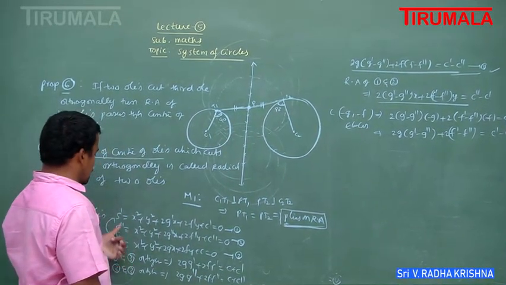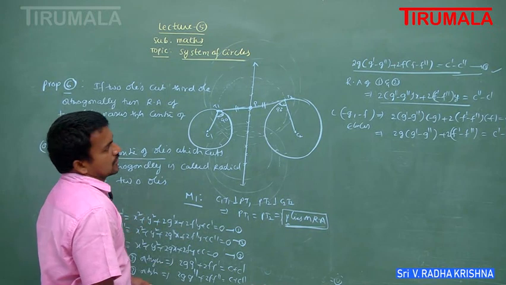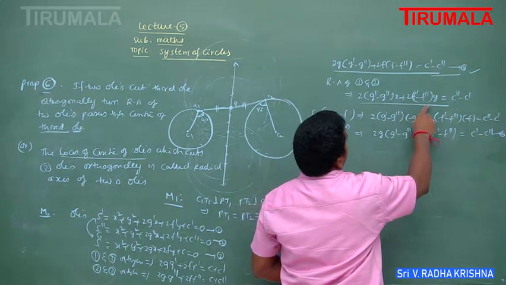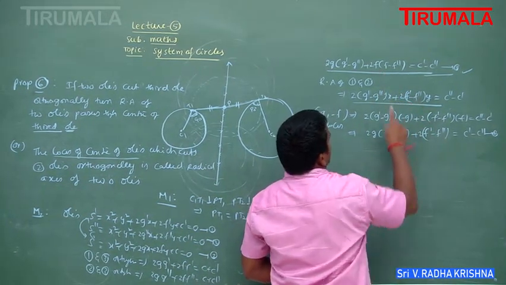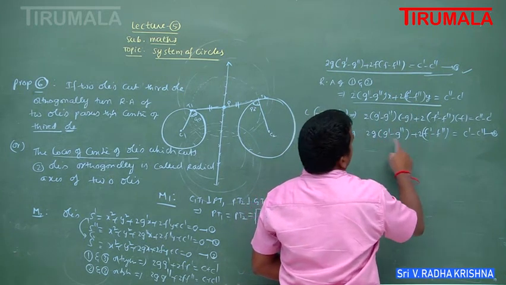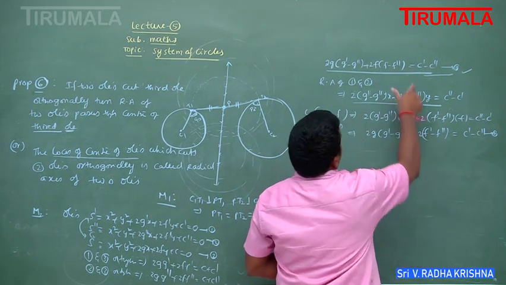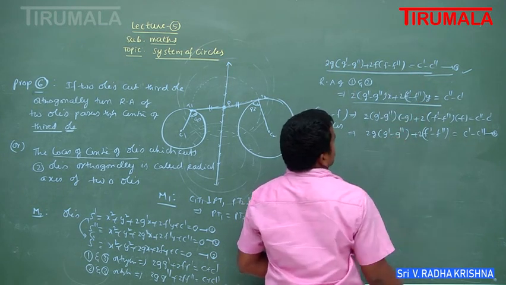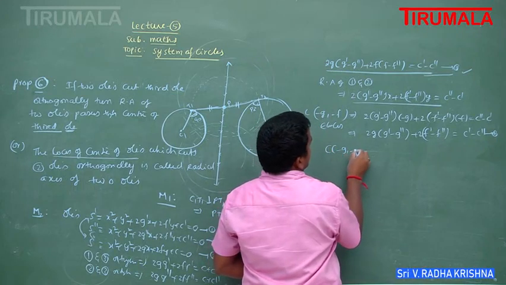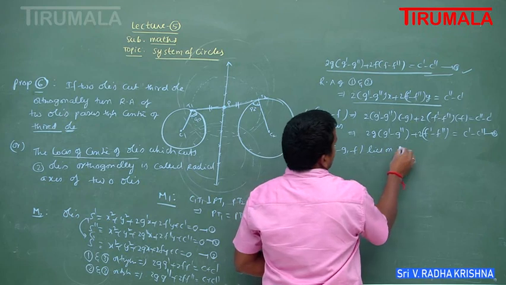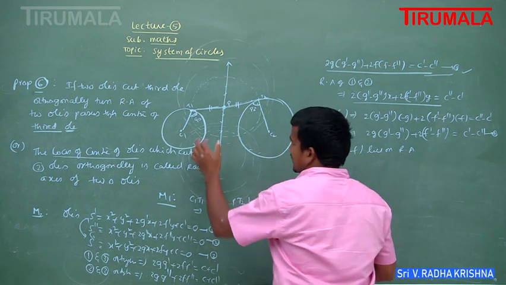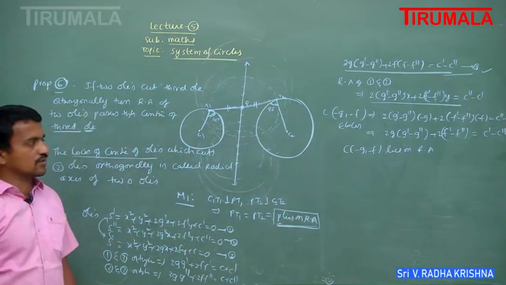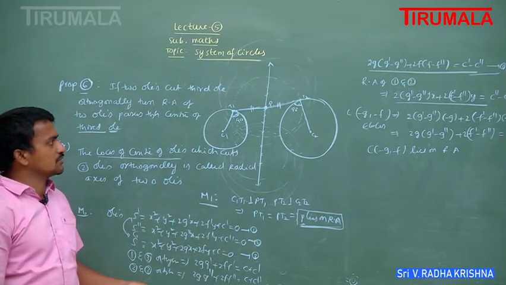Also next we find the radical axis of 1 and 2. From 1 and 2 we get the radical axis. The center (−g, −f), substitute in this condition, we get the equation. So the center (−g, −f) lies on the radical axis, because when we substitute this value, these conditions are satisfied. So (−g, −f) lies on the radical axis of circles 1 and 2. So this is another proof for the orthogonality of a circle cutting the two circles orthogonally. It is important for the objective also.